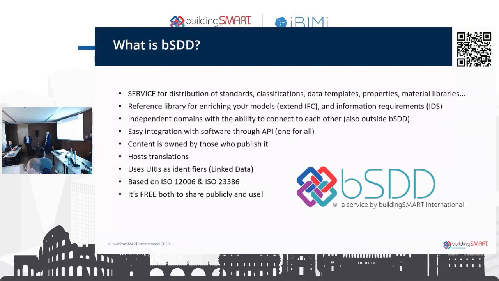It's a service to facilitate a lot of the work that we are doing in rooms and chapters, such as the discussion we had this morning about sustainability. So in bSDD, you could host properties and classes relevant to the sustainability use case, and you can show the meaning behind, for example, global warming potential. You don't put this meaning into the IFC property. You just make a reference to the bSDD where you have the explanation: what is it, how do you measure it, who standardizes it, what is the unit. There are many attributes that you can define.